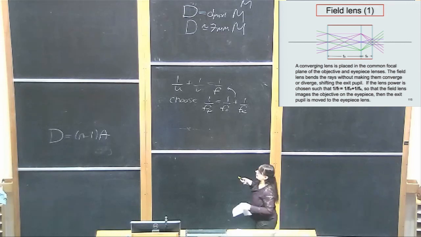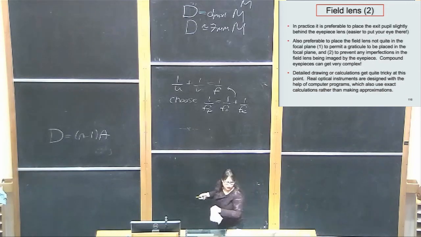And then the other thing is that if there's any sort of imperfections in the field lens,